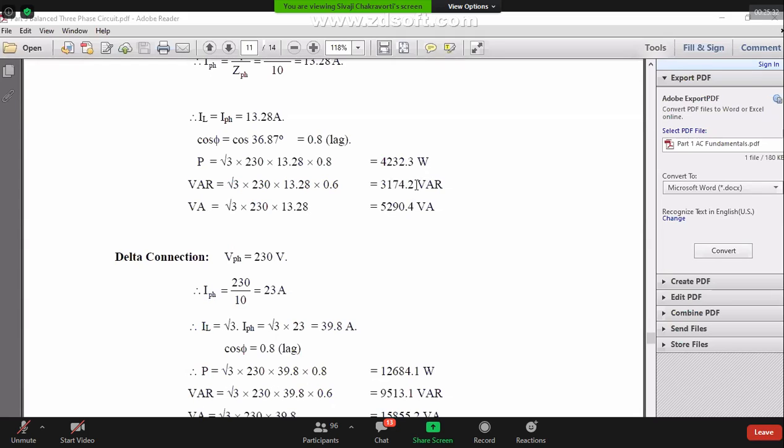So what does it mean? This is something from the first year you have to understand, that why we use 2 different connections. When we want to handle a large amount of power, we use the delta connection, because you see with the same impedance, same voltage, we handle 3 times more power. But where the power is less, then we use the star connection. Now you can ask where the power is more or where the power is less. Answer is very simple. In our distribution side, that means when the power is given to our locality, this is a lower power side because it is only for one locality.